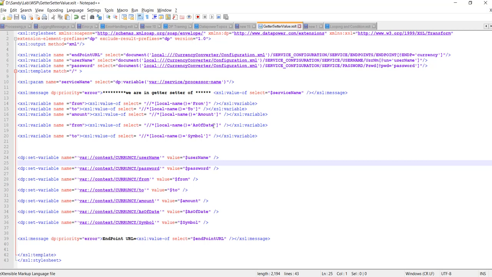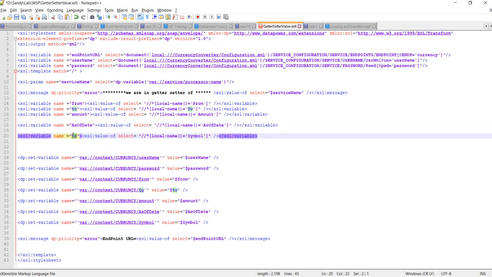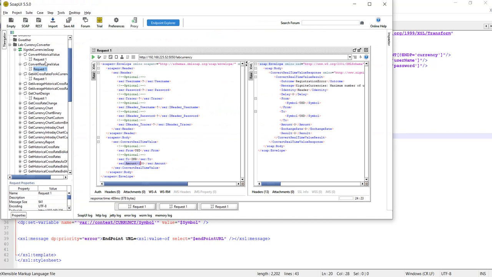Let me make some small change here. Here I took three operations, and the first operation is convert historic value.